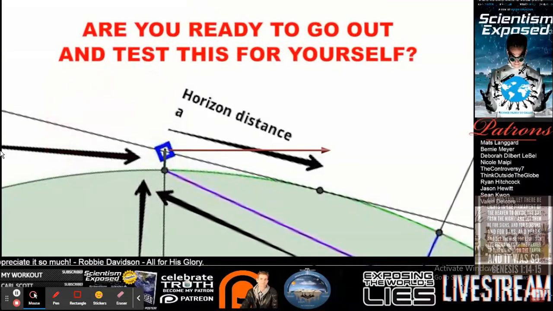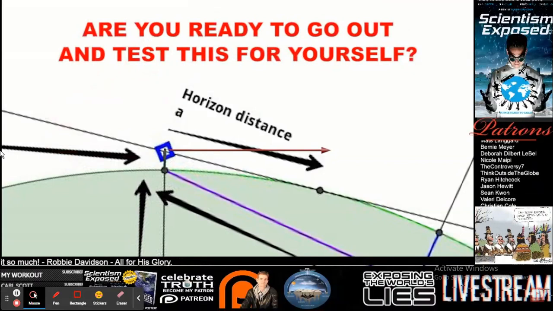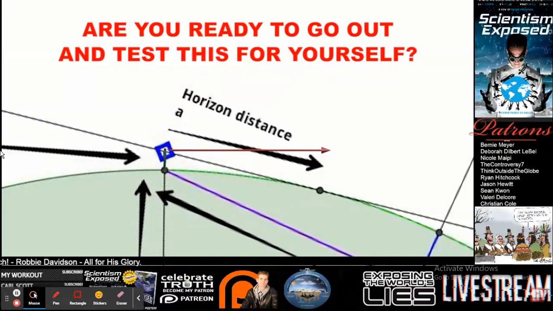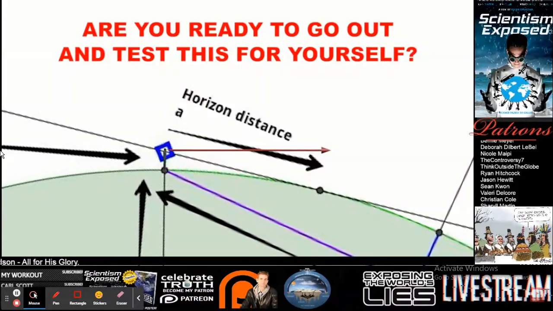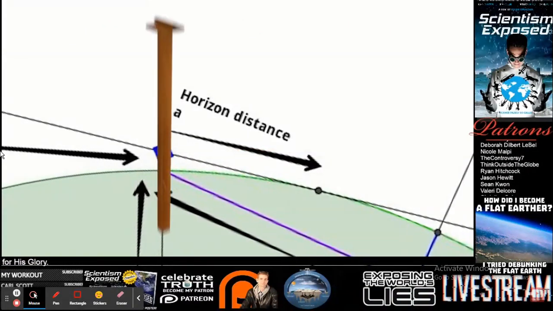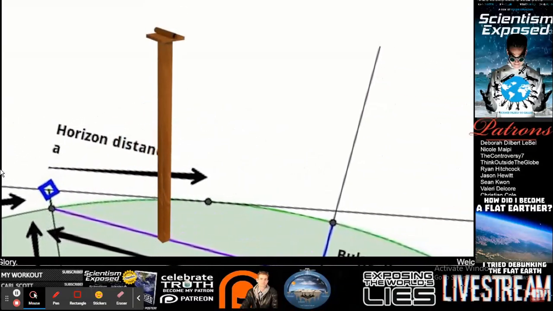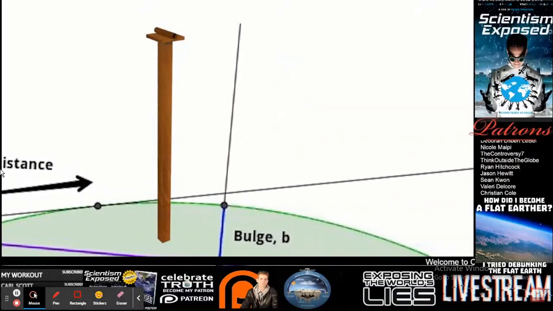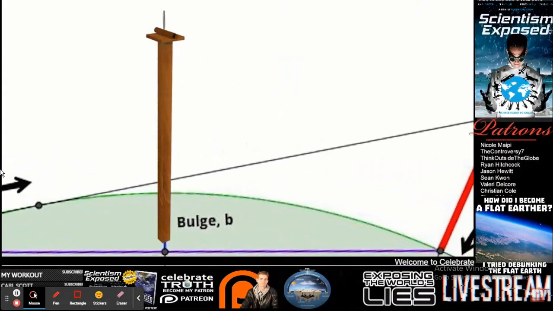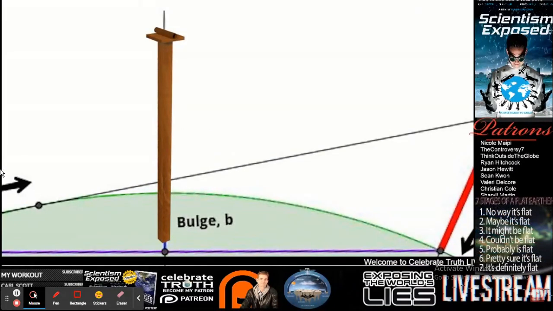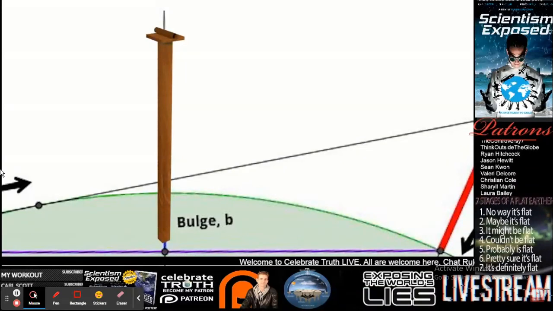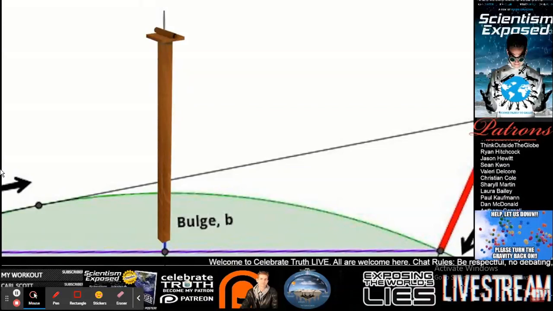For those of you who are interested in doing so, here's a simple test, and it doesn't require that you be a Freemason, a Luciferian, a Nazi, an occultist, or an atheist. You don't even need to have a college education or a lot of money. What you need to do is get a long pole that would facilitate putting something up to your eye level. In this case, I've got a 4x4 with a plank of wood on top of it. Make sure the vertical post is vertically level, and make sure the horizontal plate on top of it is also level.